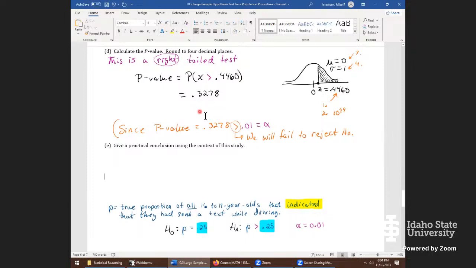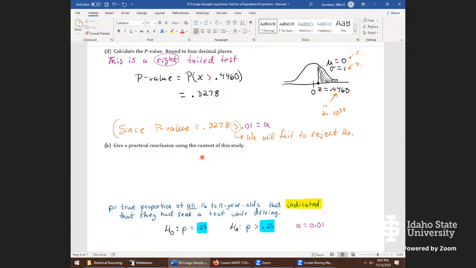A p-value of 0.3 right here is essentially always going to be failing to reject the null hypothesis. Our significance levels alpha are usually as large as 0.1, and so this is considered ginormous in the land of p-values. So here we get to write down this conclusion. We failed to reject the null hypothesis,